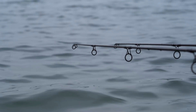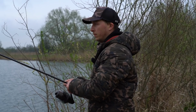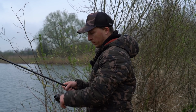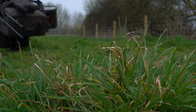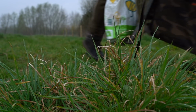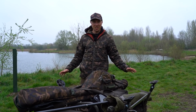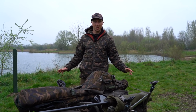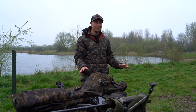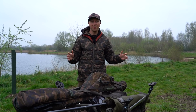So it never actually happened this morning. I really did think that they'd get on that bait and sort of stay on it. I put a bit extra in last night and a little bit more in this morning, and yeah, they're just not here. I haven't seen anything around here, haven't heard anything, and it just seems like they've completely done the off. Like I said, I thought I'd hold them with the bait, but you know, they're wild animals at the moment and they'll sit wherever they are most